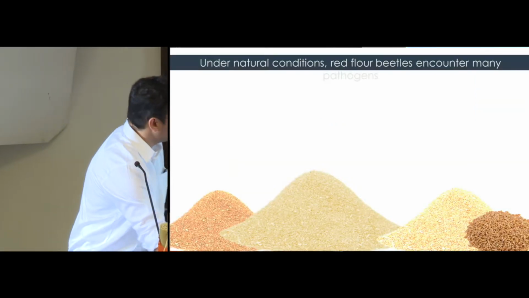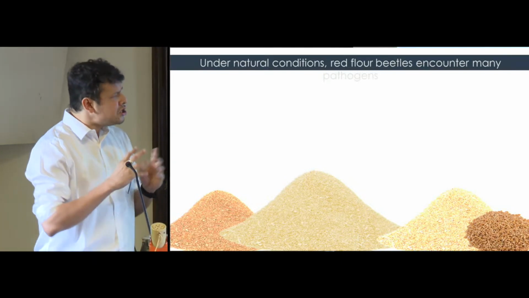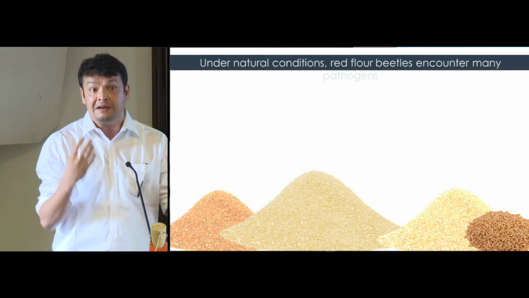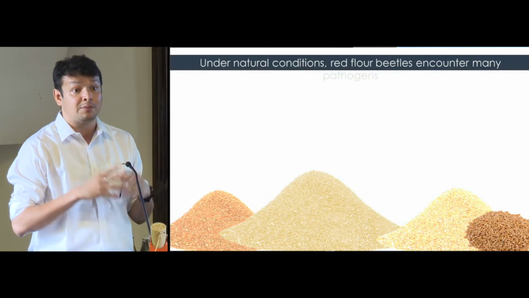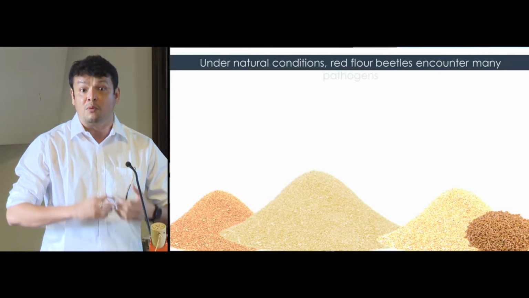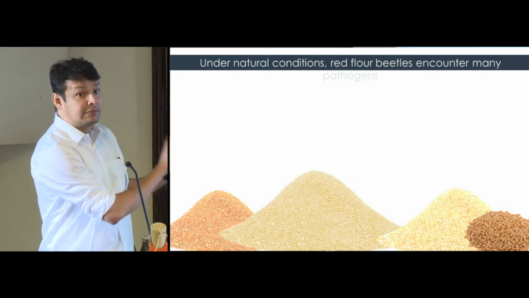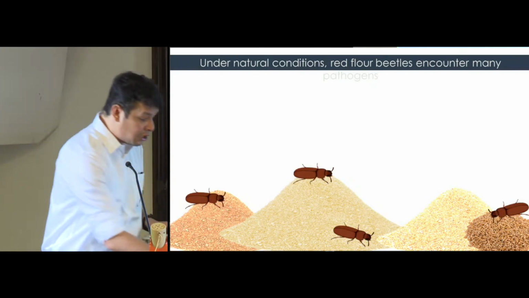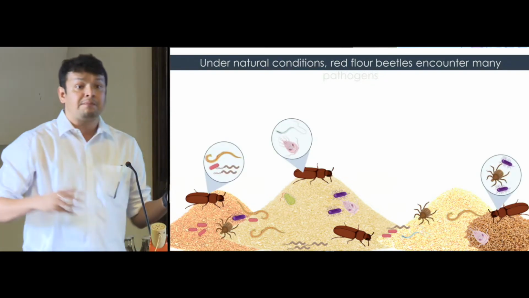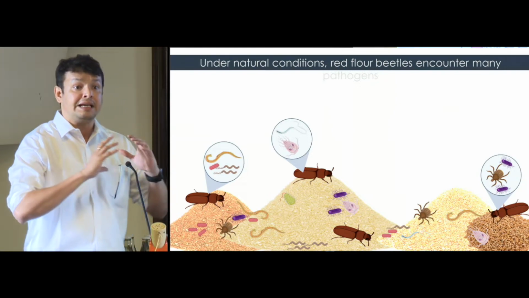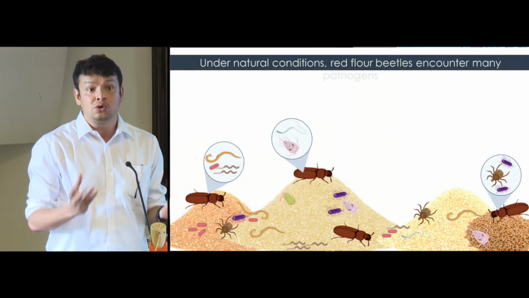To do this, I have been using Tribolium castaneum, not largely driven by its value as a storage grain pest, but rather its suitability as an interesting model system. If you follow the habitat of Tribolium castaneum beetles, they typically live in silos in a moist environment, which is a breeding ground for multiple microbes and pathogens. So naturally, these beetles are known to be exposed to different pathogens at one point of time. Before we started this work, we thought this could be an interesting model system because they are naturally known to respond to multiple